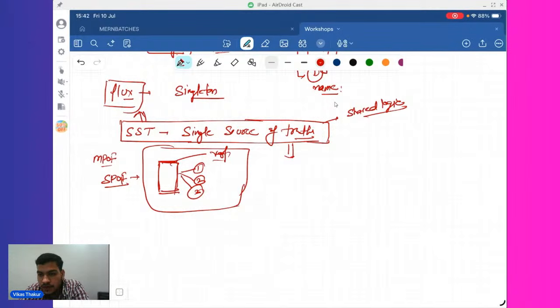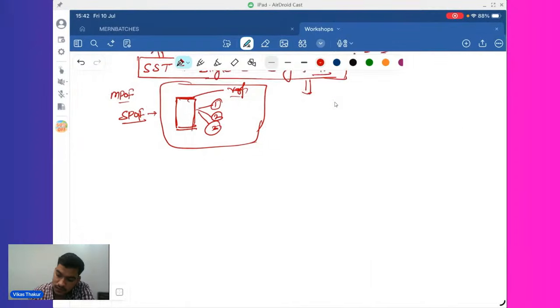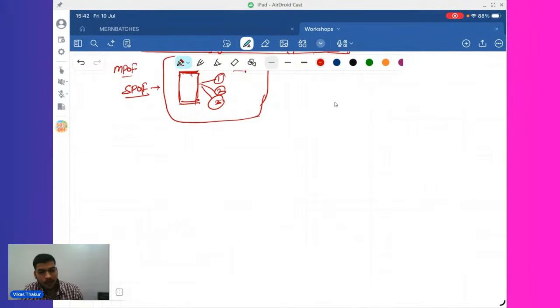Everyone is comfortable with event. If you have gone through event listeners, bubbling, capturing in JS, DOM manipulation, you are much comfortable around events. So whenever you want to understand Redux, Redux is simple. Why I'm saying simple? It's not a simple library, but in simple terms, if you want to understand Redux,